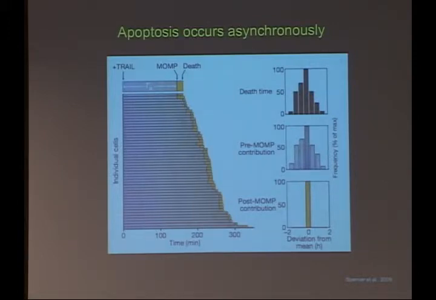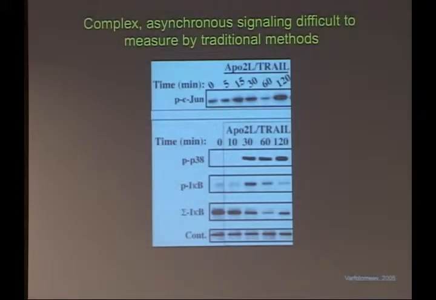An issue with having apoptosis be complex and asynchronous is that that makes it very difficult to measure by traditional methods such as Western blotting, and also for more advanced methods. If you're using a microarray, the same problems generally still hold. So this is a cell line that's been treated with TRAIL and some Western blots taken from it, from different signaling molecules,